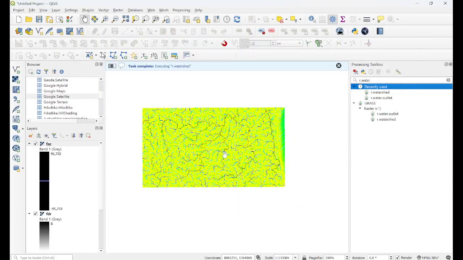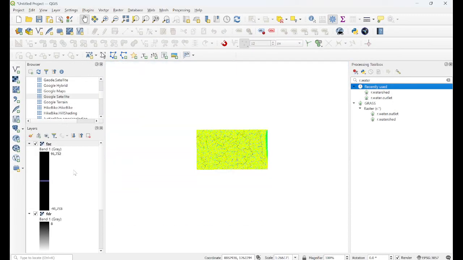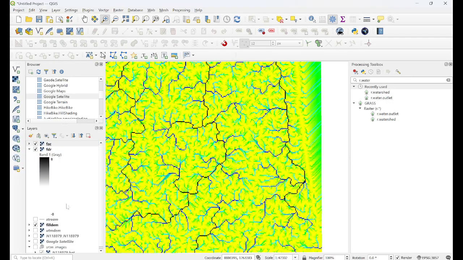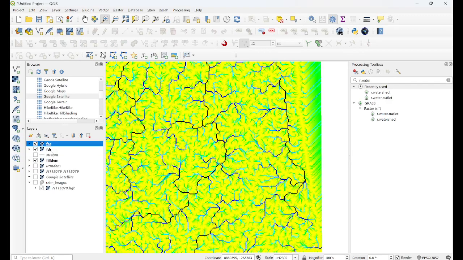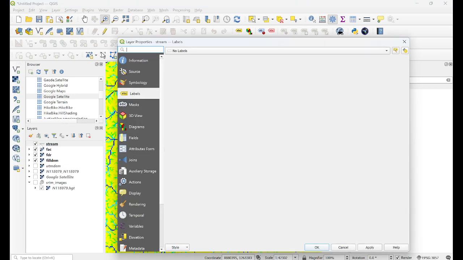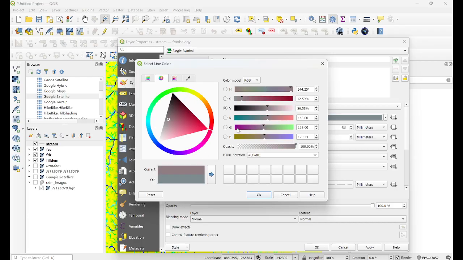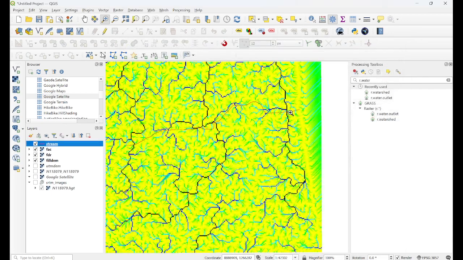Yeah. So we have run this: this is flow accumulation, and this is flow direction. So guys, what happens is if you zoom here and overlay our stream channel, you can see